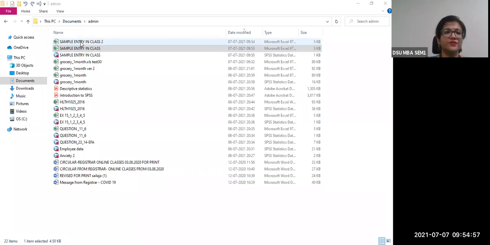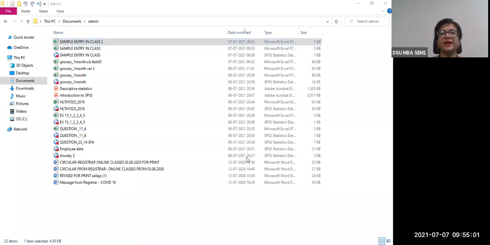All right. What is the difference that we are seeing here now? What you are seeing as the file now. The last thing that I showed you is that you are able to export back from SPSS data. You are able to export from SPSS into Excel in two formats, in coded format and in the full variable detailed name format, right? What you see here on your screen is the second file that I stored, sample entry in class 2.